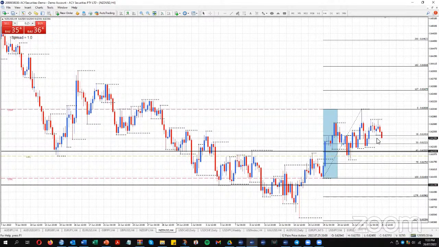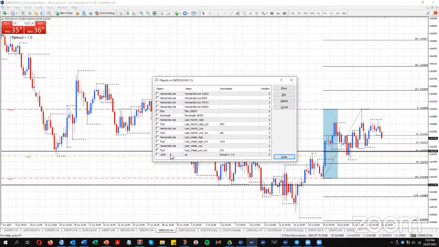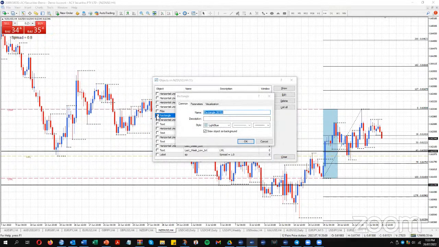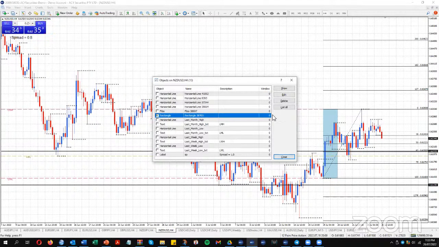We haven't yet moved back down to the 62 yet. Of course, it looks like we're heading that way. Can we get into the area this week? And does it hold? If it starts to hold, then what we might see is some pullback and it starts to hold there, if I can find my rectangle. Trying to find my rectangle.